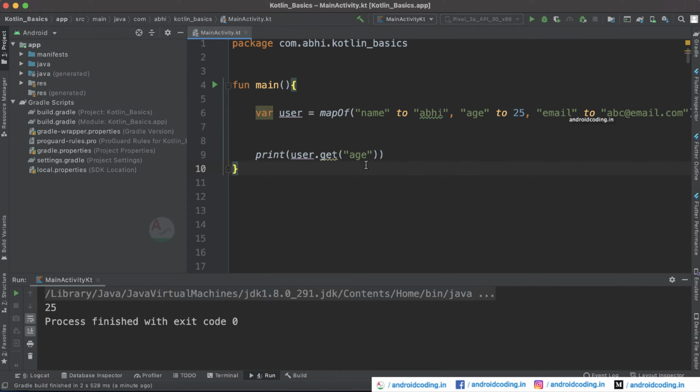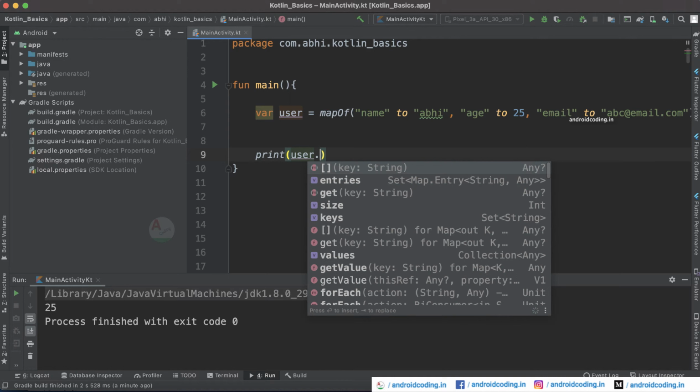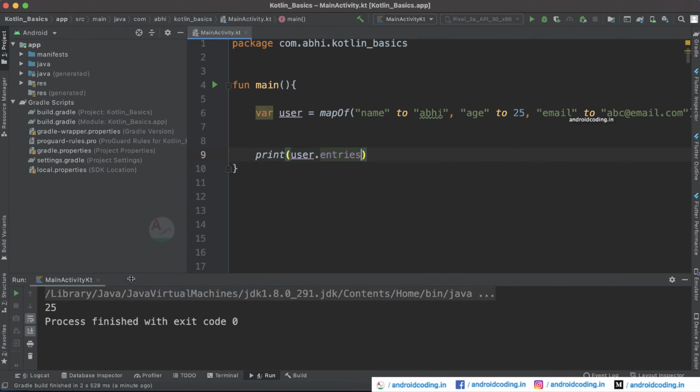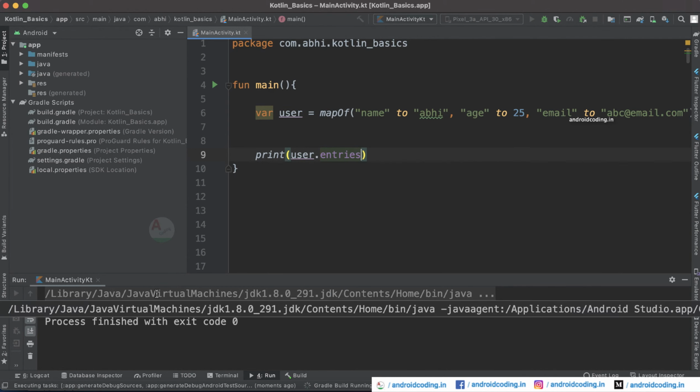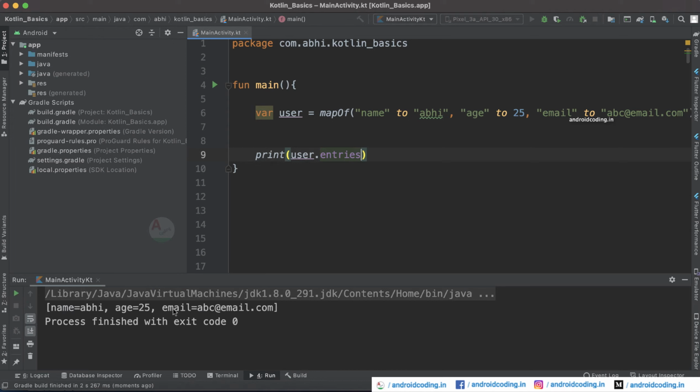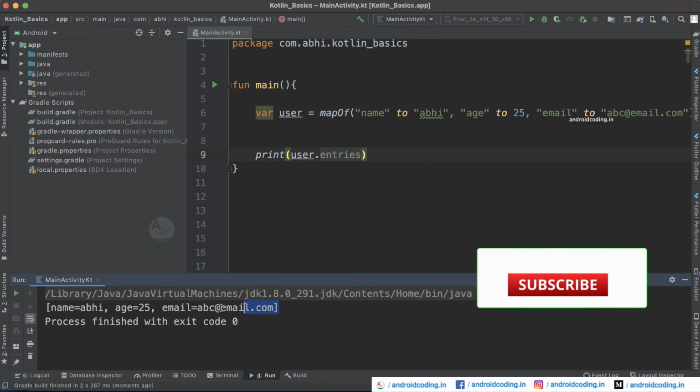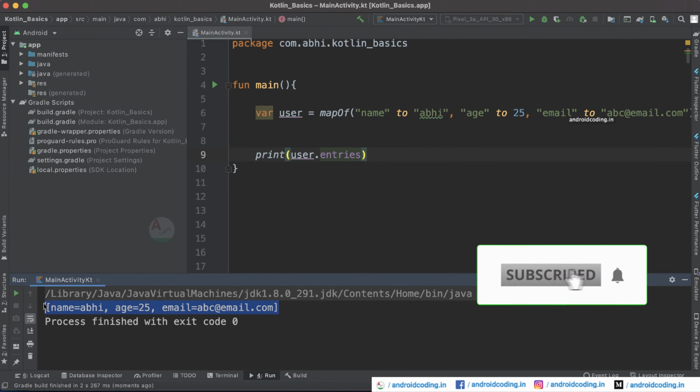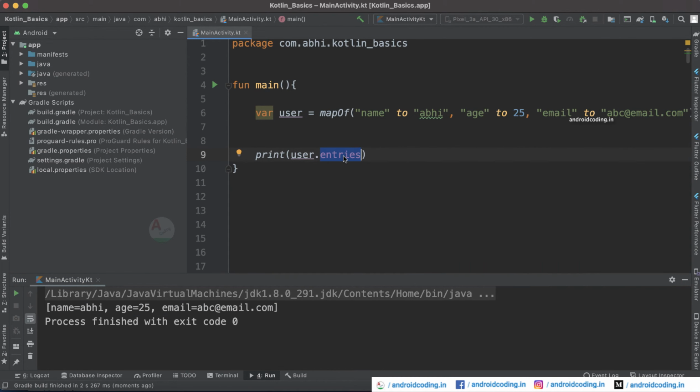Also, let us see what other things we can do with the help of these maps. user dot entries will provide you with all the available data inside this particular variable. So we have this data, this is the output for this print statement.